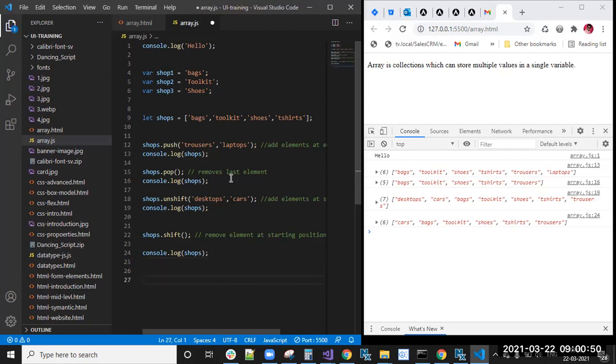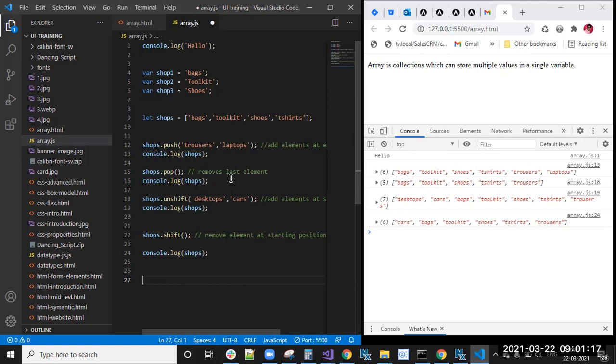Now you will get another doubt. Always you are telling starting and ending. Now what about the middle? I want to remove the second element and third element only, or the second, third, fourth element, like that. You want to remove particular index positions. For that purpose, we have two methods.